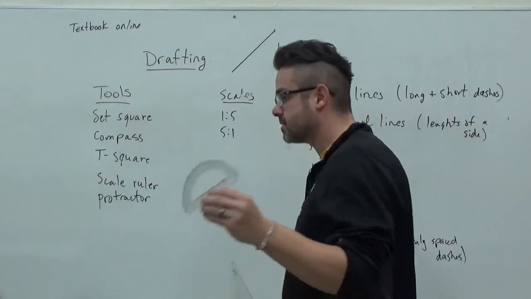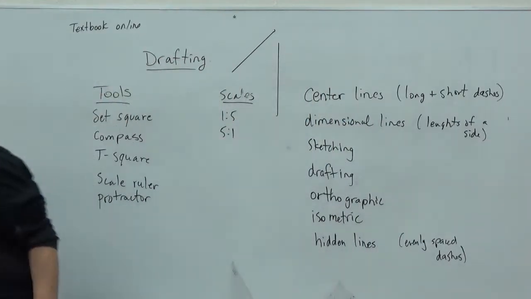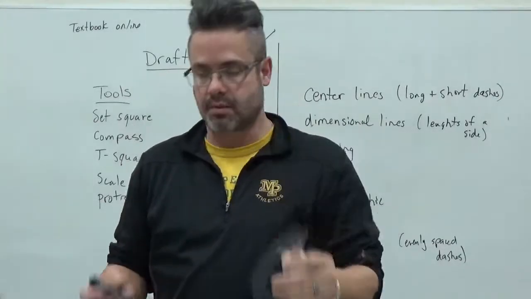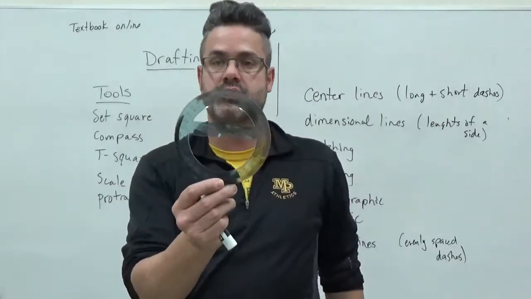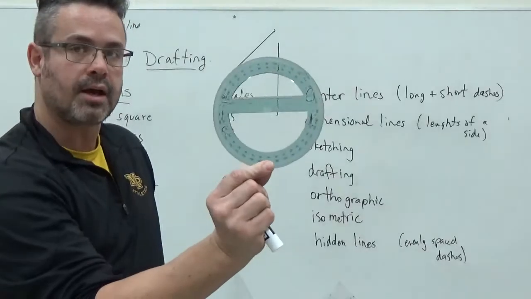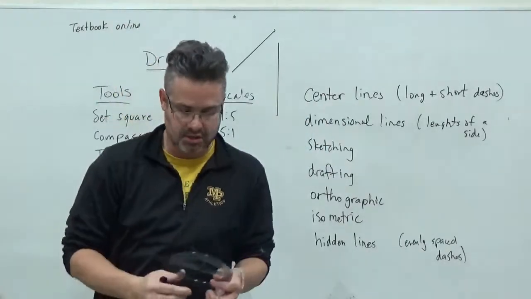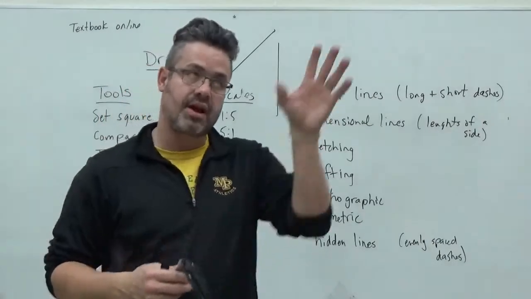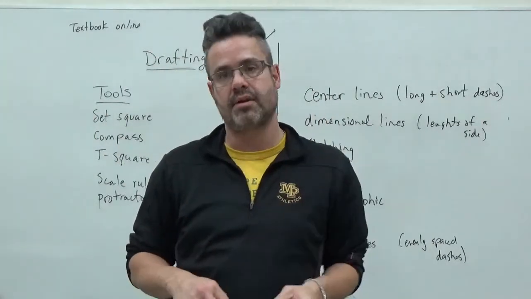Okay, a couple different types of protractors that you'll see. This is the most common one. Everyone has that semicircle type protractor, but then in the shop we will also use this circle. A complete circle, a 360-degree protractor, can be very useful when drawing different angles at different sides and coming off of different areas, and